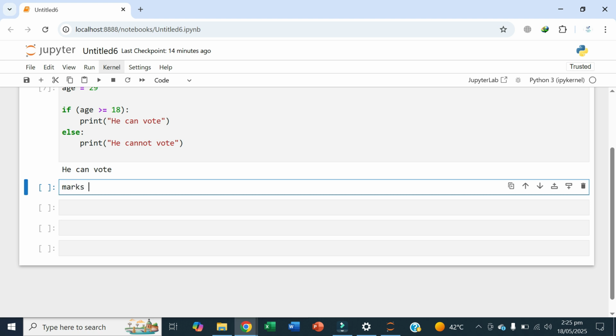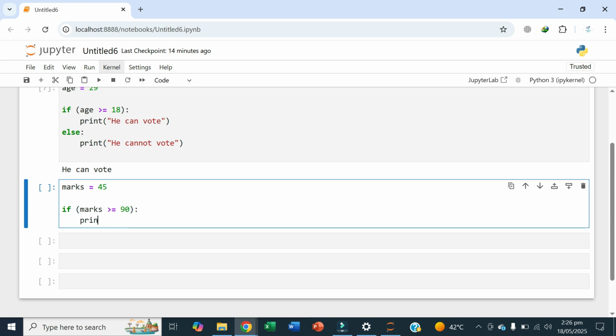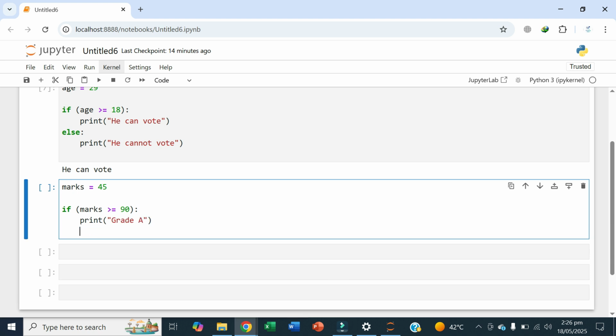If marks is equal to 45, and I will write the condition: if marks is greater than or equal to 90, followed by a colon, enter, print inside quotes, because this is a string, grade A. And then again I will press enter. So remove the 4 spaces and then write elif, then the condition marks is greater than or equal to